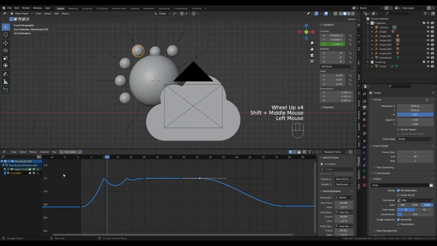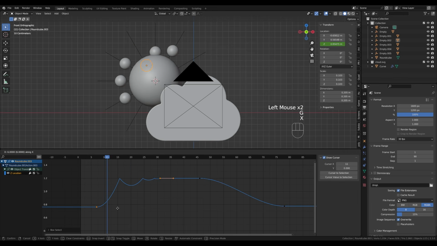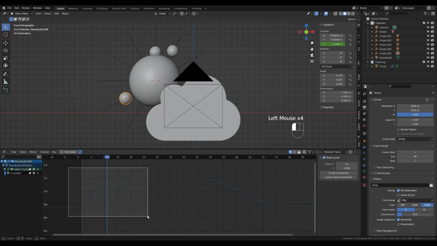So let's select the other one. Let's drag a selection here. That will be like frame 8. Now this one here. And the last one. So if you now select all of them,